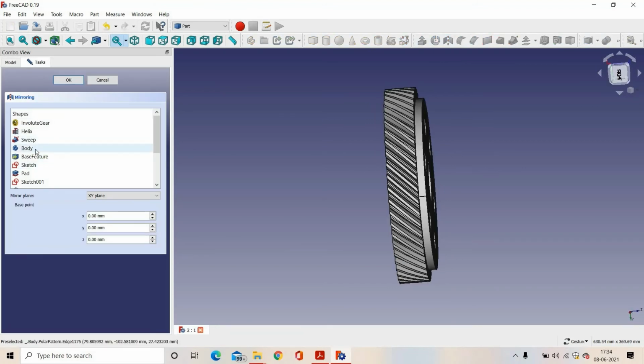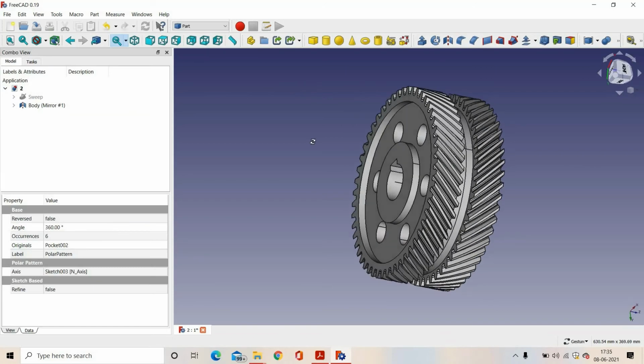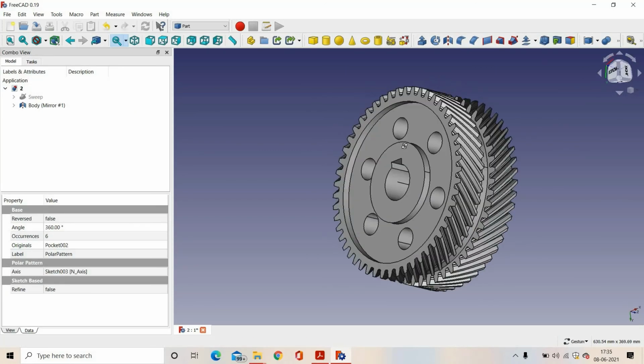In mirror, we have to select body. We have to mirror about this plane. This plane is located at a distance of 50 from origin along Z axis. So we will select Z as 50 and we will say OK. We have mirrored and now our gear looks like this.